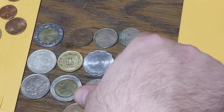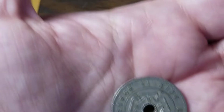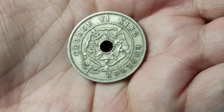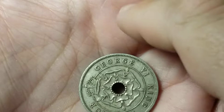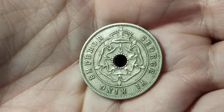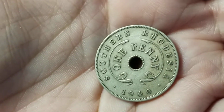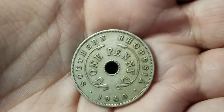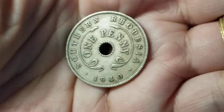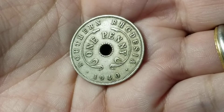Another rare country that you don't see very often is going to be this coin, George VI, King and the Emperor. And I believe that side is up because the crown would be facing up. This one's going to be from Southern Rhodesia. Now, eventually that became just Rhodesia, and then they made other coins for Rhodesia and Nyasaland, and now the area